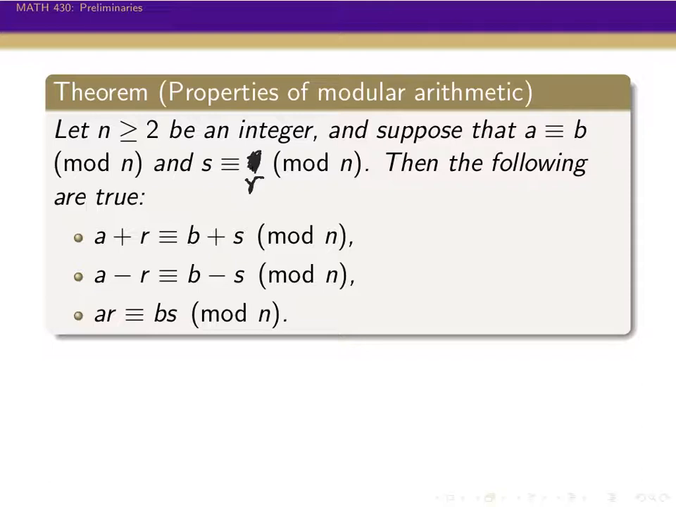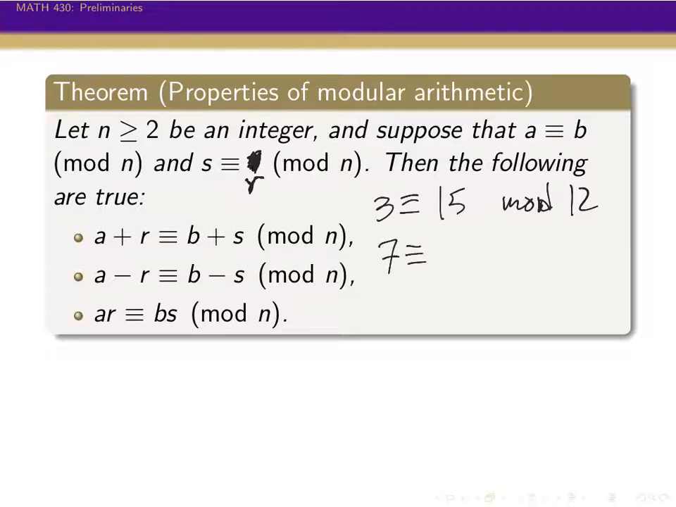So you can do a plus r, that's going to be the same thing as doing b plus s mod n. A minus r is going to be congruent to b minus s mod n. And a times r is going to be congruent to b times s mod n. So we can say, as we've seen, we have 3 is congruent to 15 mod 12. We can use that